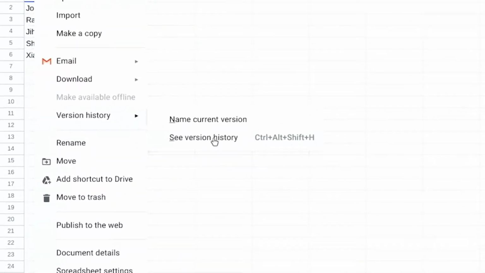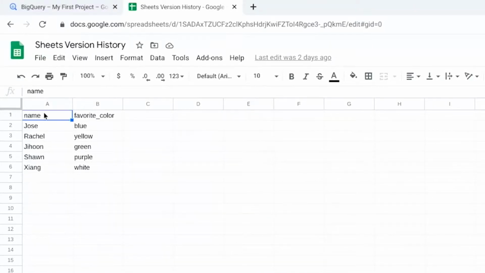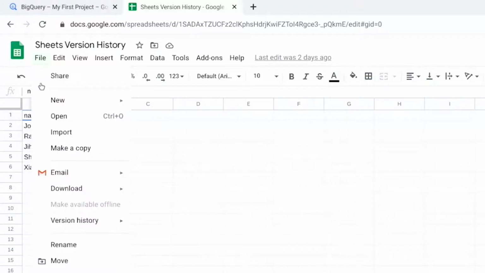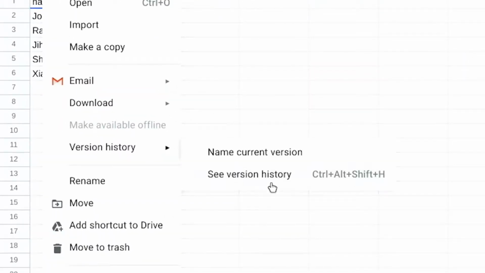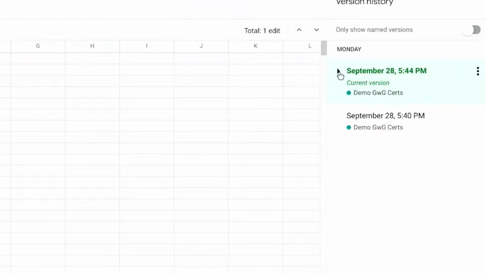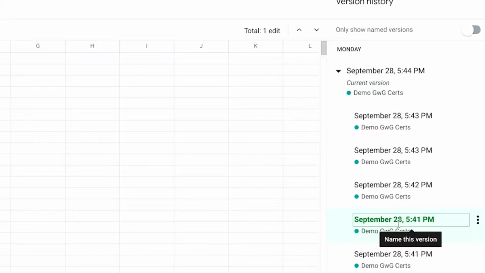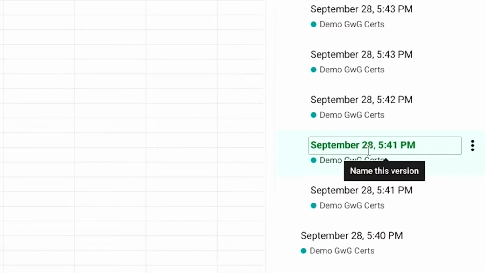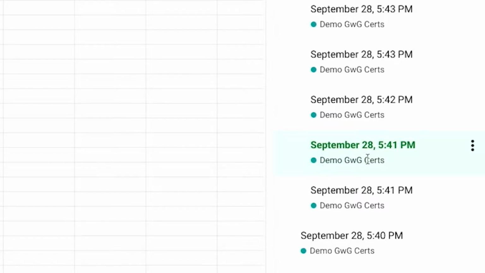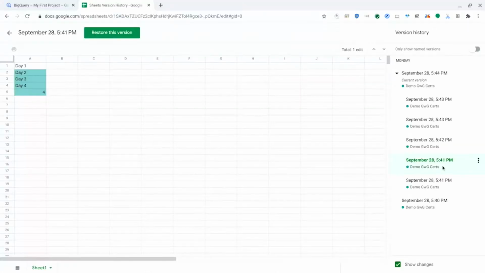We can use Sheets version history, which provides a real-time tracker of all the changes and who made them, from individual cells to the entire worksheet. To find this feature, click the File tab, and then select Version History. In the right panel, choose an earlier version. We can find who edited the file and the changes they made in the color next to their name. To return to the current version, go to the top left and click Back.